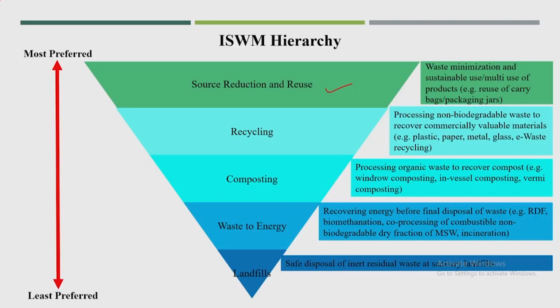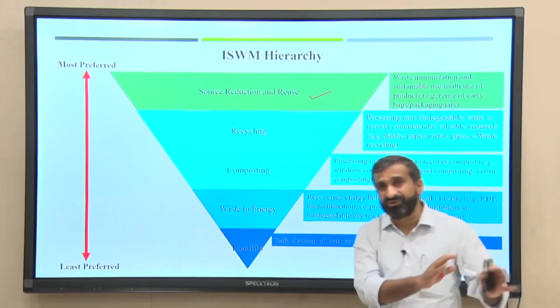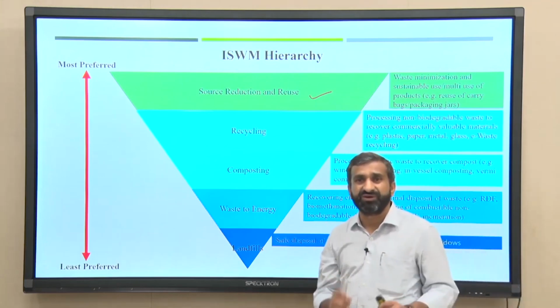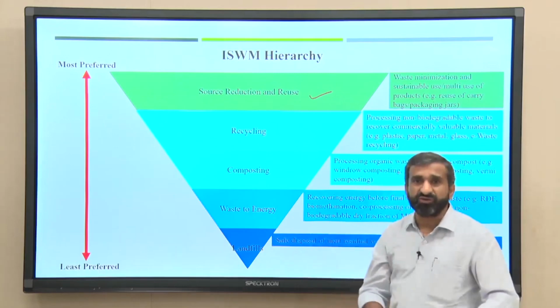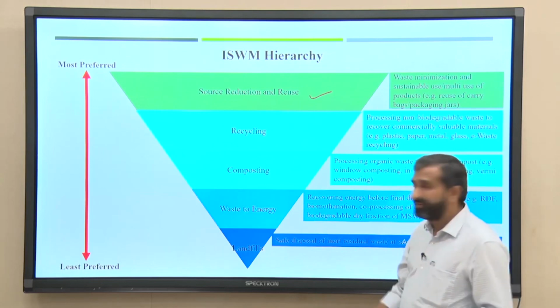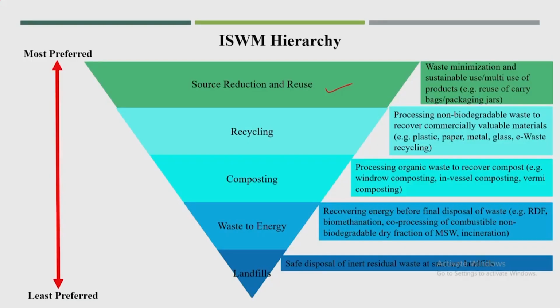Suppose when you make a plan, first you talk about how best you can reduce or reuse the waste. That is the first thought that should come to the mind of the local authorities when they are planning a solid waste management plan or integrated solid waste management plan. Then how best they can go for recycling of all valuable matter, and once whatever is possible to reduce, reuse and recycle is done, then you talk about composting. All your biological waste, how best you can take it out and go for the composting process,